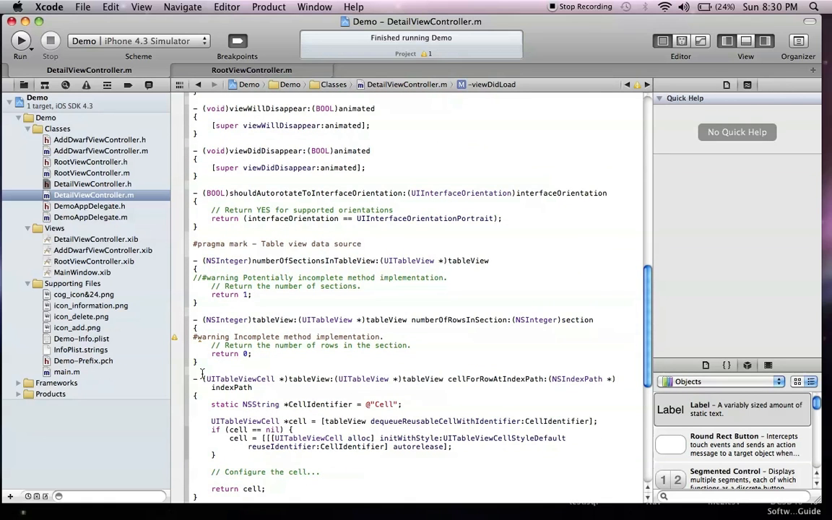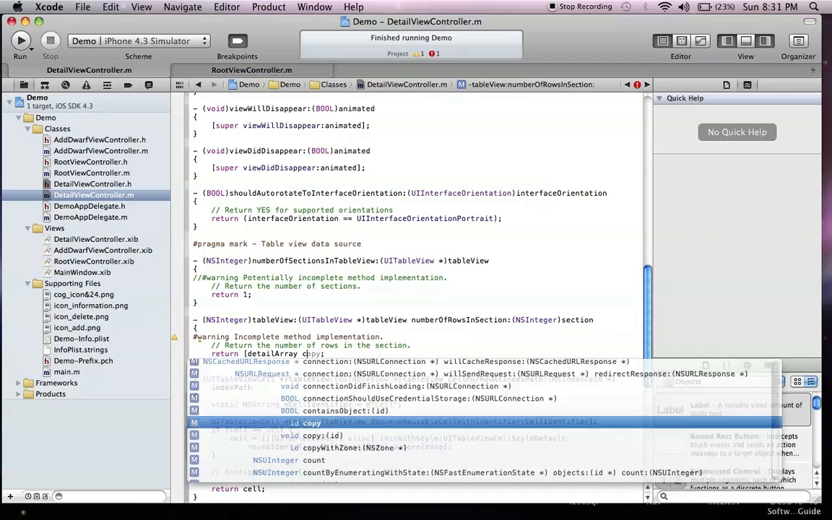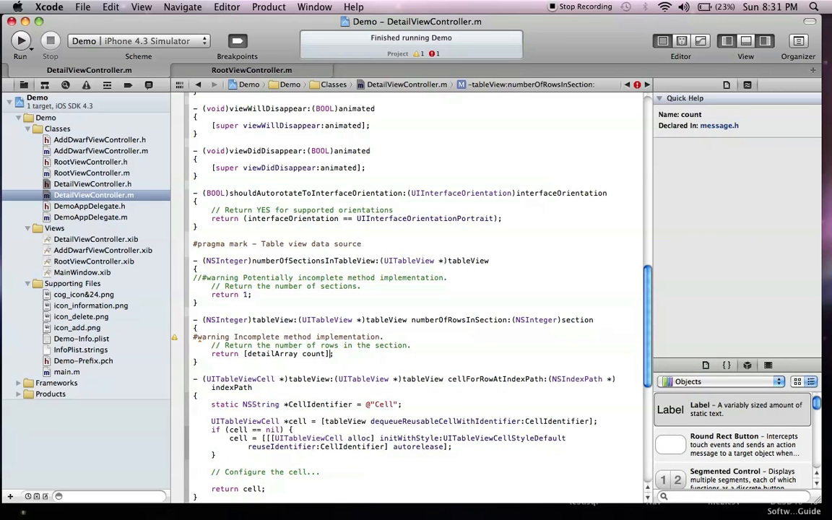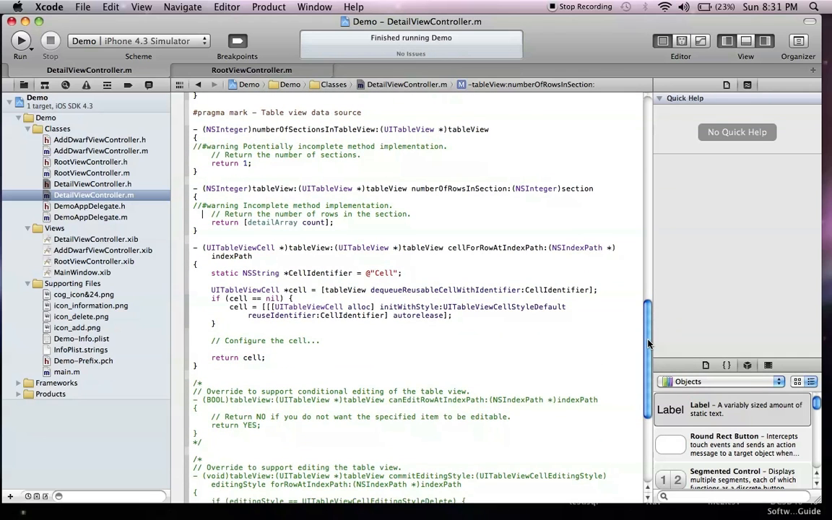And then over here, return. This is going to be in braces because we need to call a method. Detail array count. Count the number of the objects in the detail array. We're going to comment this out as well. Alright, beautiful. And then over here, to configure the cell, which is pretty simple,